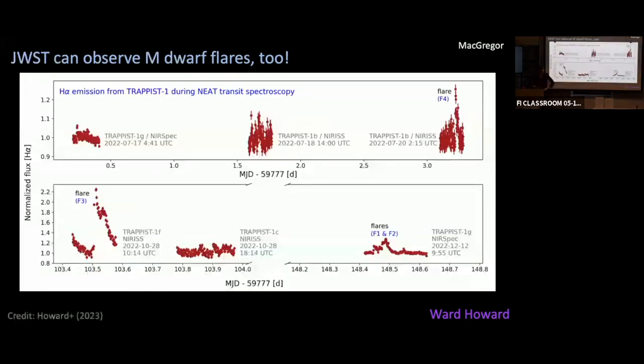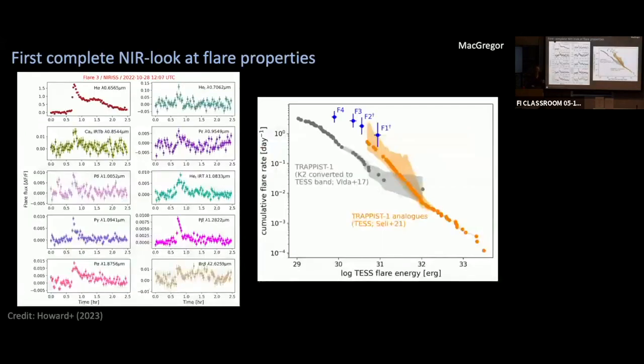Okay, and of course, we can add even more wavelengths into this and look with JWST. So this is the complete light curve of all of the TRAPPIST-1 observations that have been taken with JWST. And it's not very flat, which is because there's an enormous number of flares happening from the star at near IR wavelengths. So you can see these huge flaring events happening all throughout these JWST observations, which is a huge pain if you want to detect exoplanet transits, but great if you care about flares,